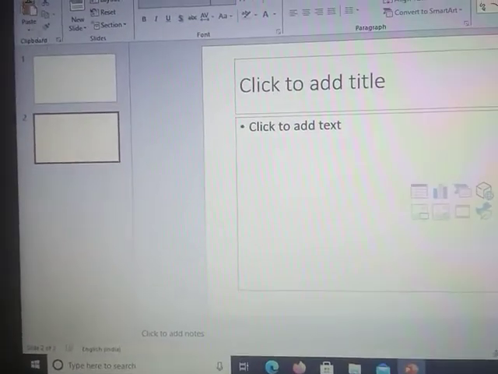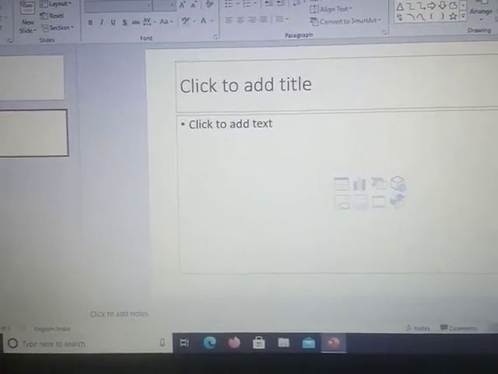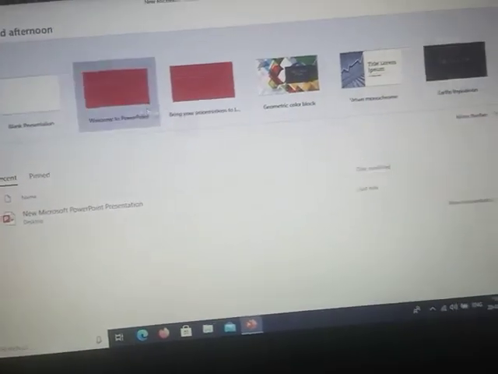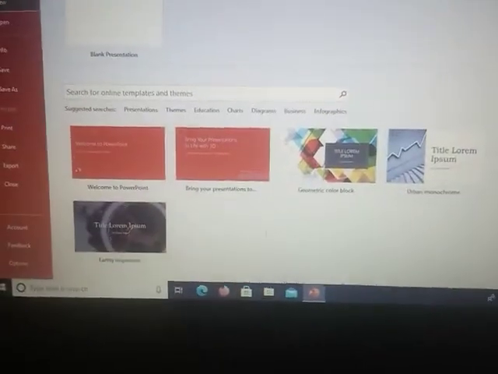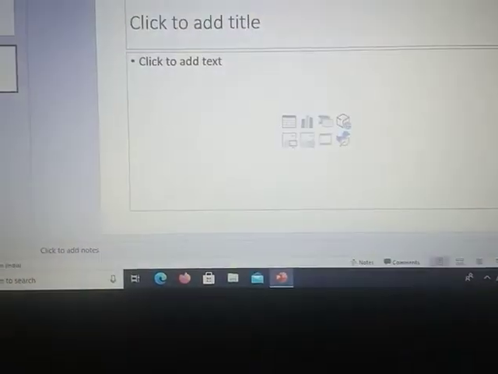Now we will see the templates, or the background or the base of your slide. You can see in that you have different themes given. Whatever you want to select, you can make it in your slide.